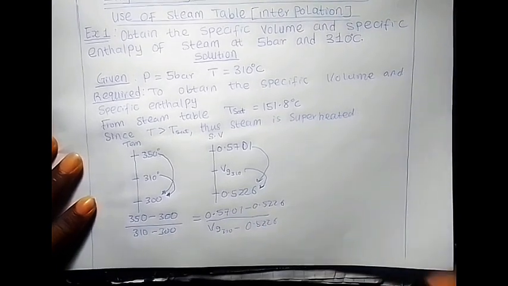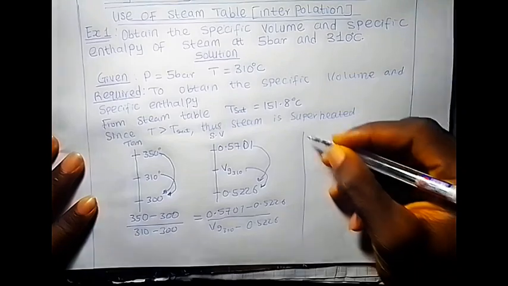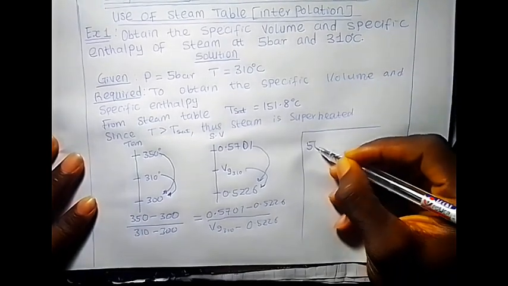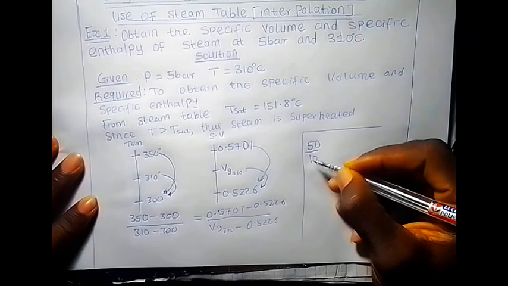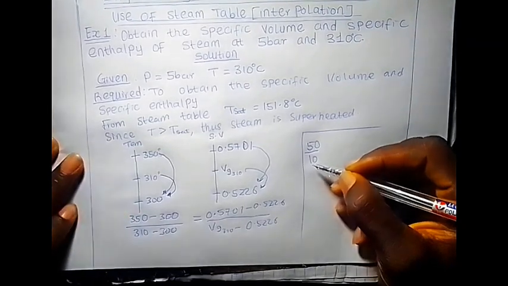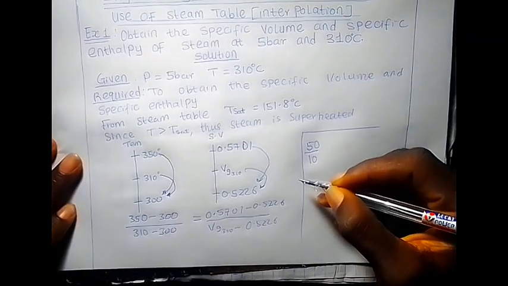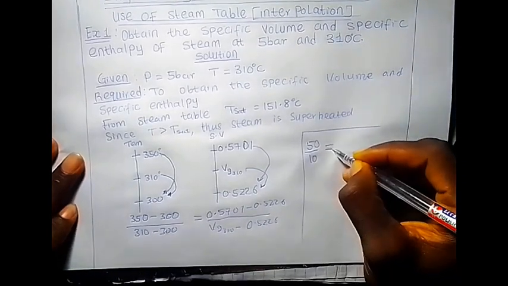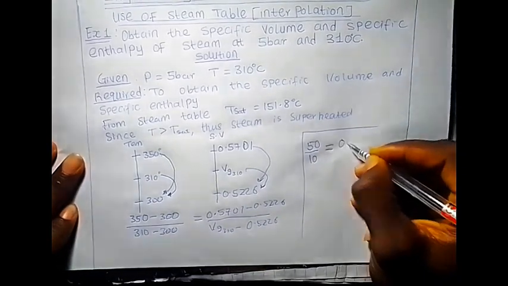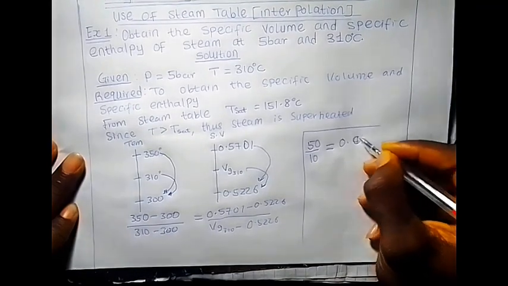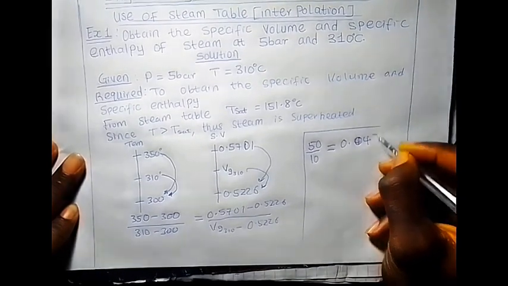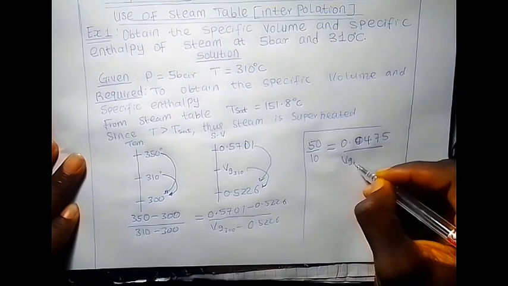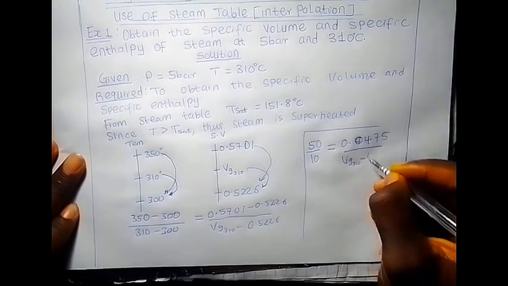So on doing this, we should get 50 over 10, because 350 minus 300 is 50 and 310 minus 300 is 10. So equal to, when you subtract this, you have 0.0475 over VG of 310 minus